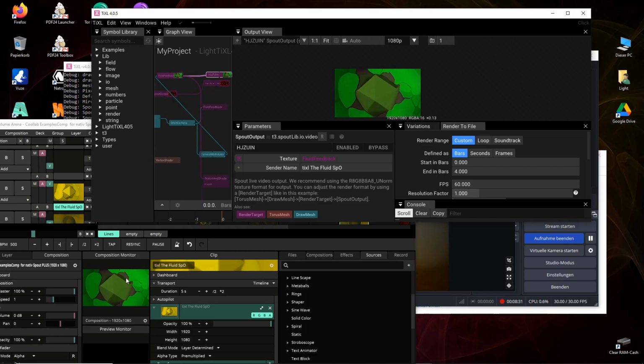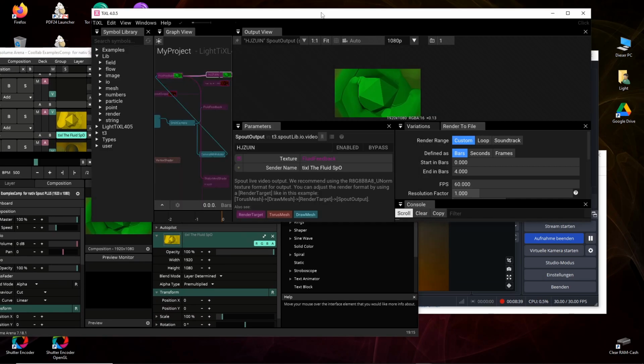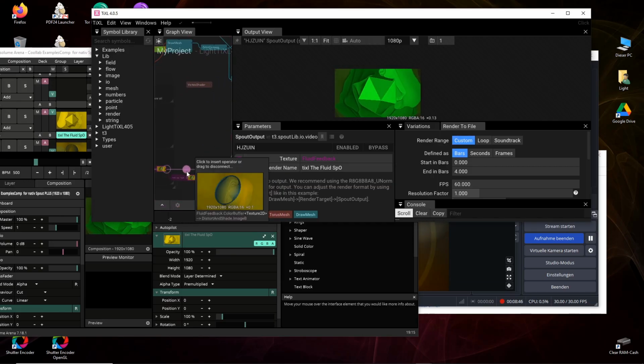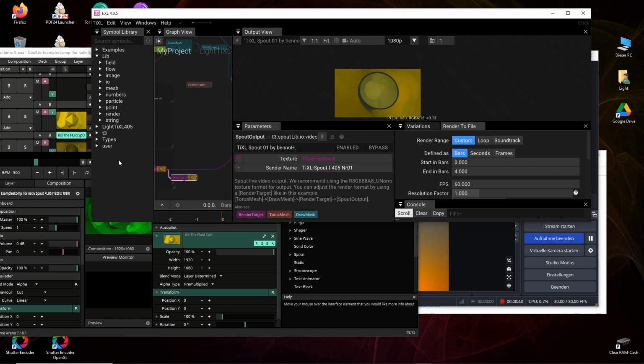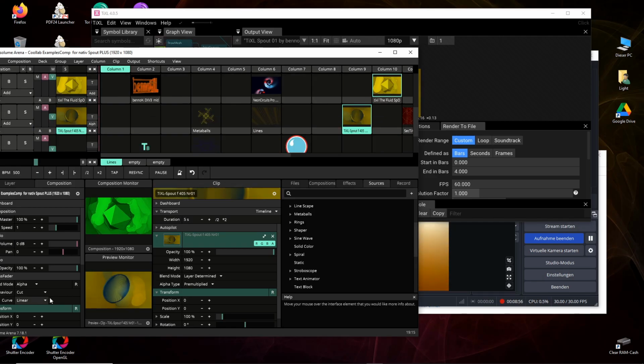Just when I come back, then I have a signal there, and you can see better that it doesn't work. I can also go to this other one here, and now I switch one in the preview window here. I switch this to the preview window, and here is the